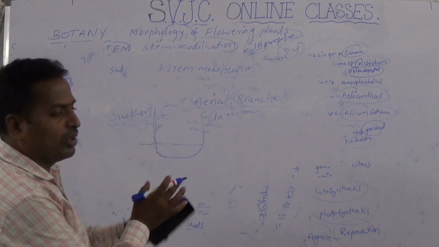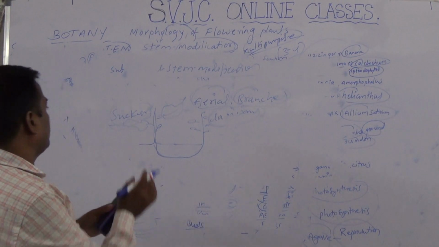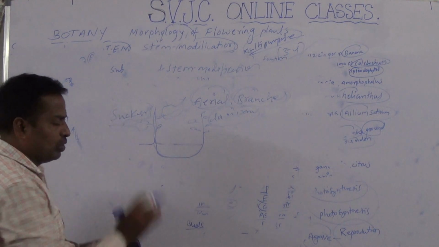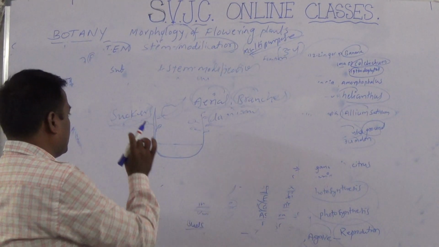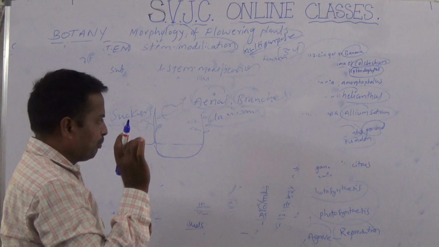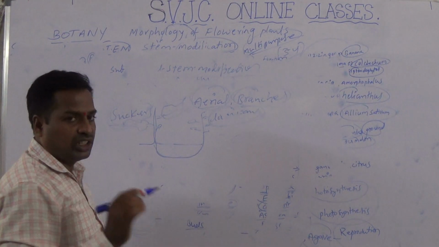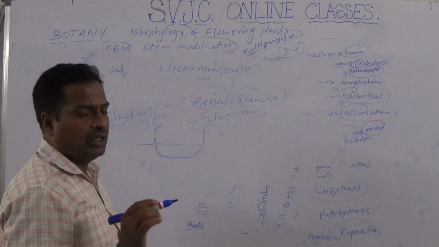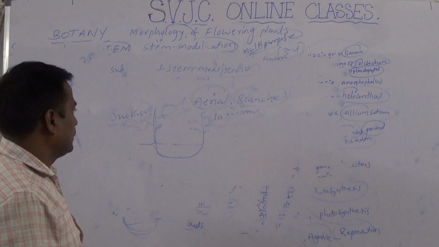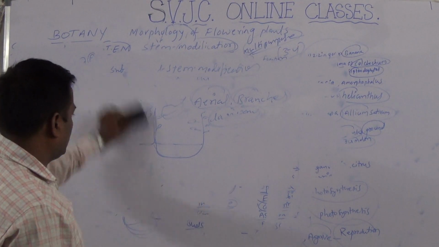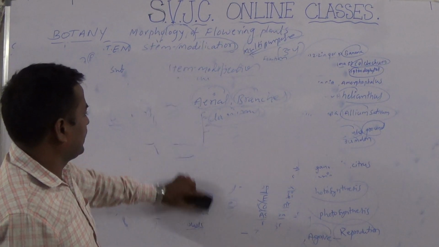So what is the difference between the stolon and the sucker? A stolon is an aerial branch and grows downward, but a sucker is an underground branch and grows upward. This variation is important. And what is the common function between the stolon and sucker? Both are useful for vegetative reproduction. The best examples of suckers are mentha, pudina, as well as chrysanthemum. Next, the last one among the various modifications: offsets.